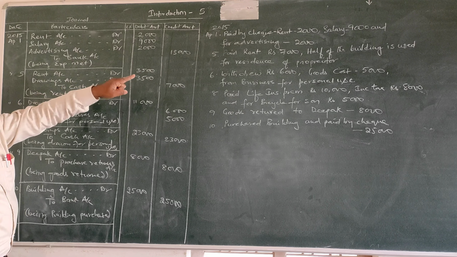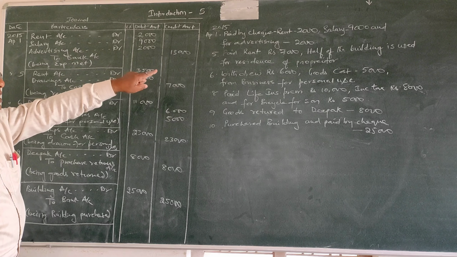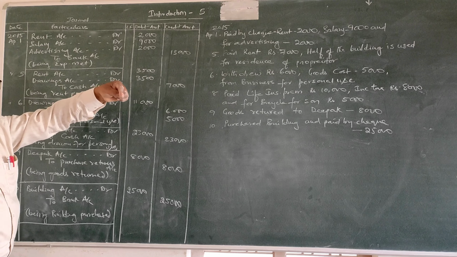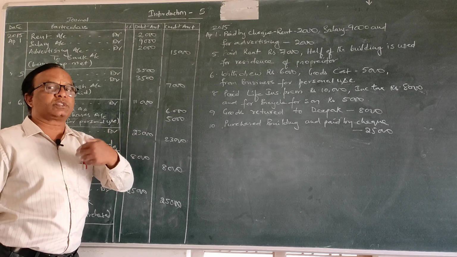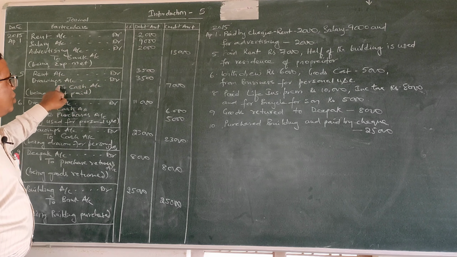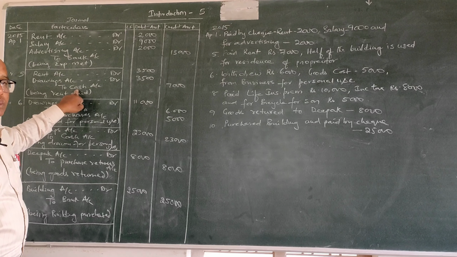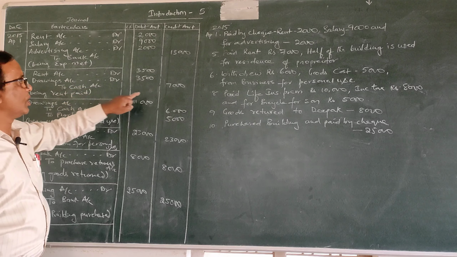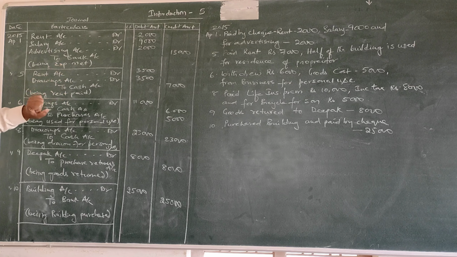Then the remaining 3500 is used for the proprietor's residence there. Rent for proprietor's residence is also paid from the business. In other words, it is equal to the proprietor drawing money from the business for personal use. So drawings account debit 3500. These are paid by way of cash only. Cash is the real account, credit what goes out. Since it is going out, totally 7000 is paid. So being the rent paid.